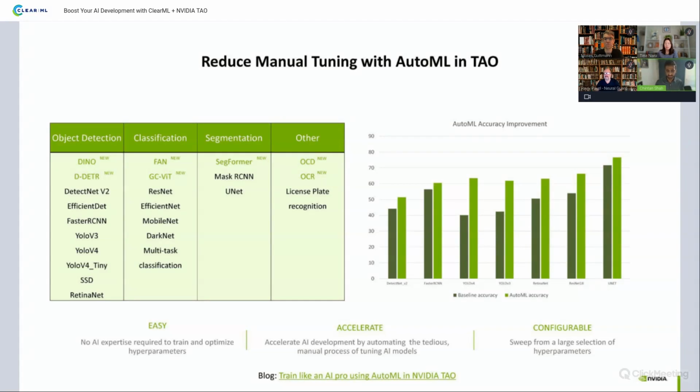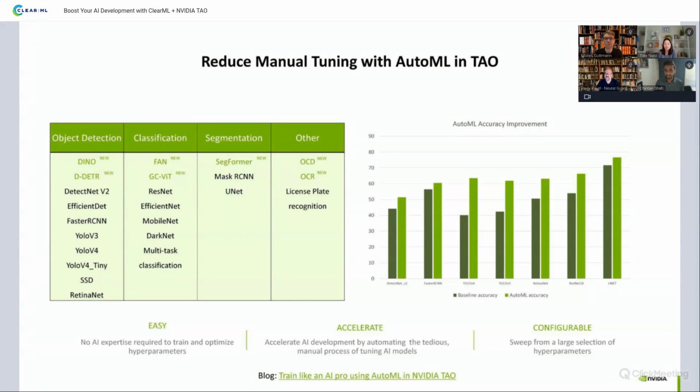And the beauty is this can automatically scale your jobs, because with AutoML you need to spawn off multiple jobs in parallel. So if you have multiple GPUs, or you're running in a multi-GPU, multi-node cluster, it knows how to scale those jobs extremely efficiently. So you don't have to worry about it, because with AutoML you can spawn off anywhere from a few jobs to tens of jobs. But if you're somebody who wants more control, and you want to be able to sweep A, B, and C hyperparameters, you also get that granularity as well.